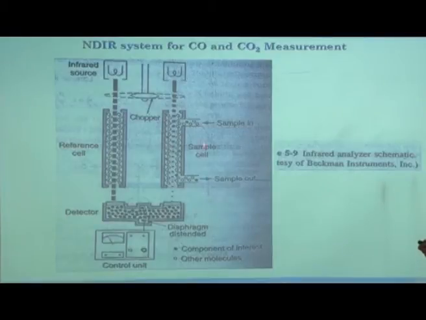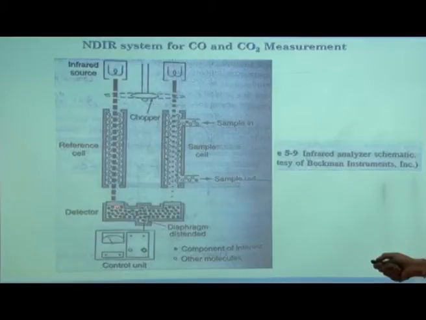Here in the sample there is some carbon monoxide present. The length of this is showing the energy of that particular wavelength. So it will reduce, and this is the diaphragm detector signal, and the detector has this diaphragm. So here all the energy is coming without getting attenuated, so the pressure will increase on this side. Here the energy is being absorbed, so less energy will come.